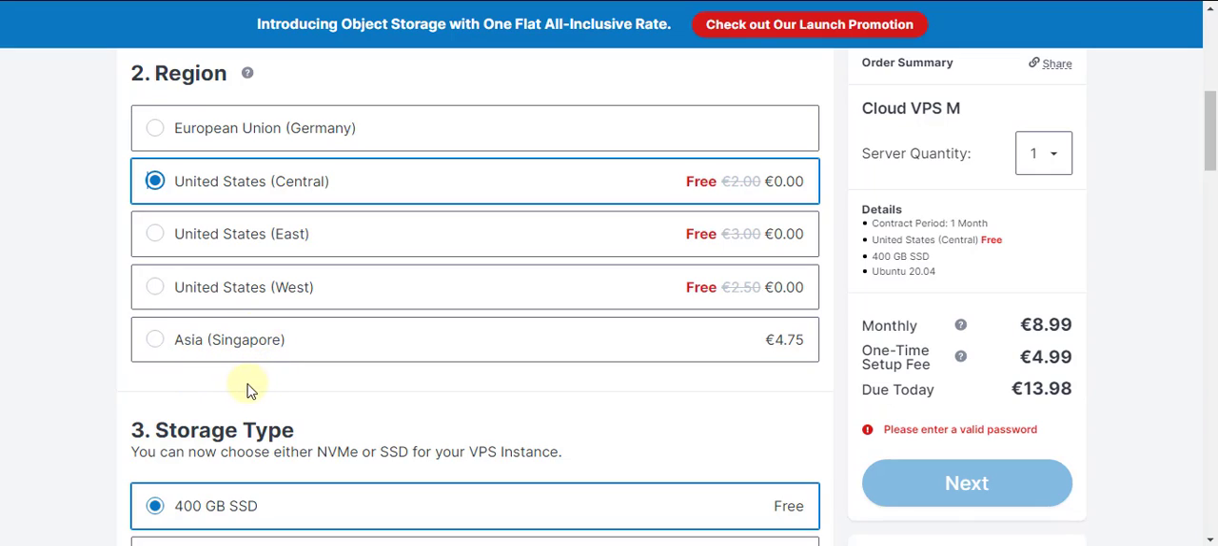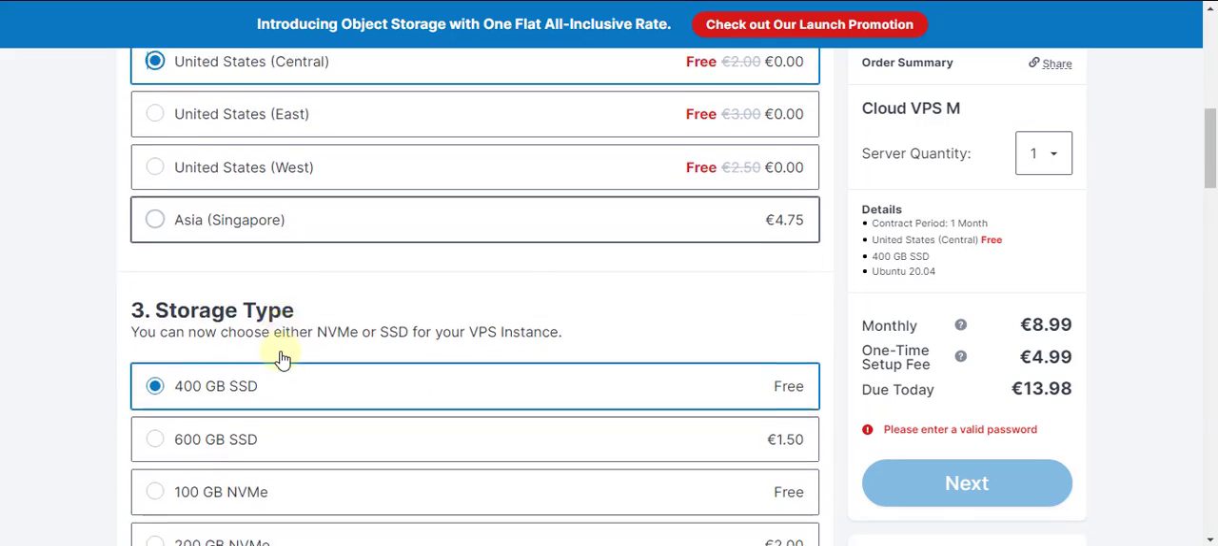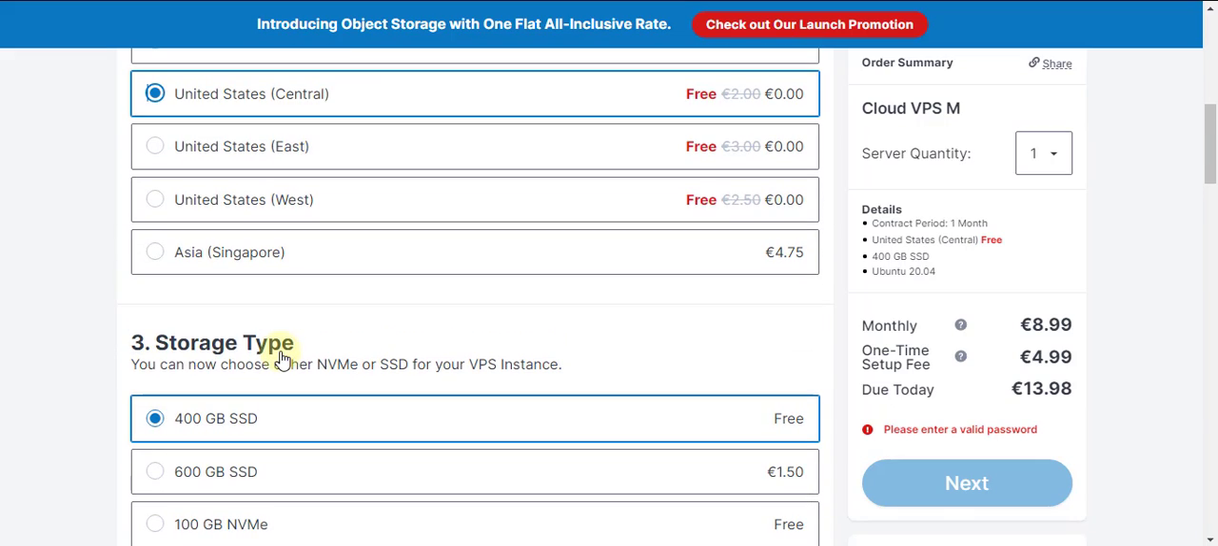Let's say, for example, if your blog is about your local location, you should be selecting whatever is nearby to you, to your location. So the next one is